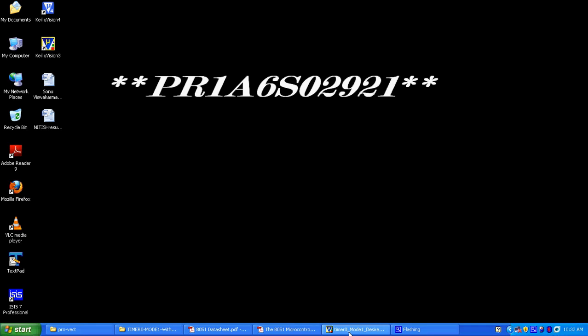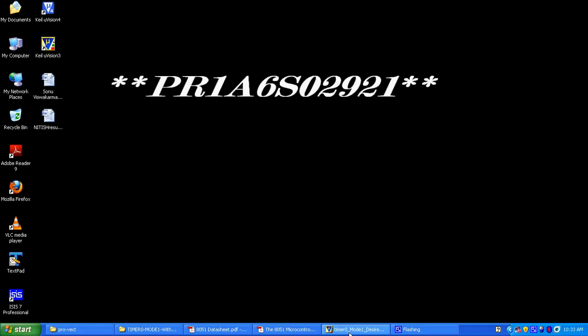Here the maximum delay that can be generated is equal to 2 to the power 16, because we are dealing with 16 bits. So the maximum delay will be 65,536 microseconds, starting from 0 till 65,535, which is equivalent to 65.536 milliseconds. Or we can also say that 65,536 events can be counted through this timer 0 mode 1.